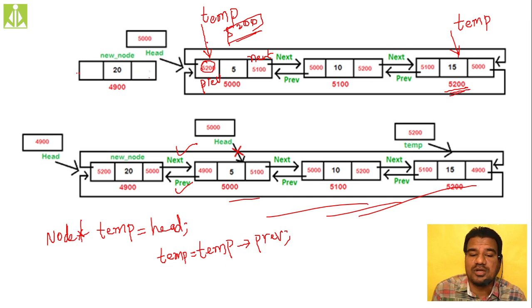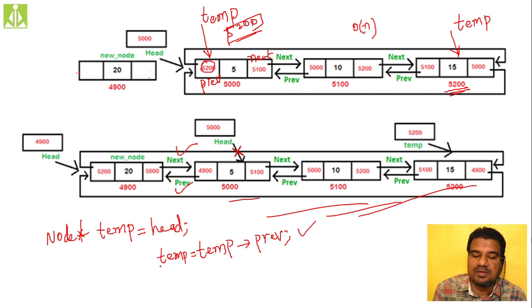So your temporary pointer will jump directly from here to the last node. No need for the while loop, no need to traverse from the head node to the tail node, node by node, which would make the time complexity order of n, isn't it? So currently, as we are shifting the temporary pointer from the head node to the tail node in one single step, how will the time complexity be?